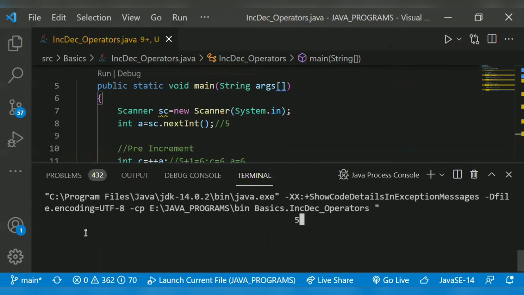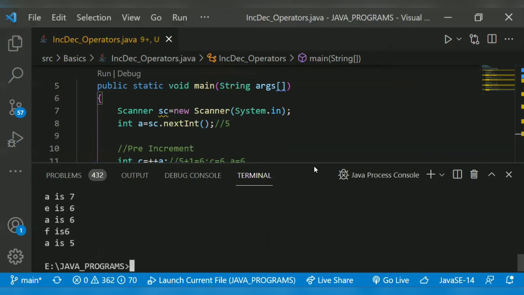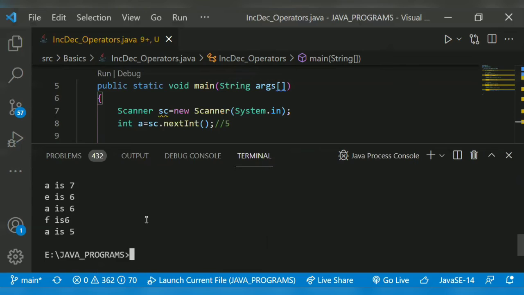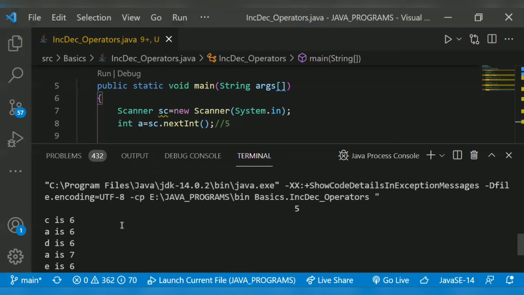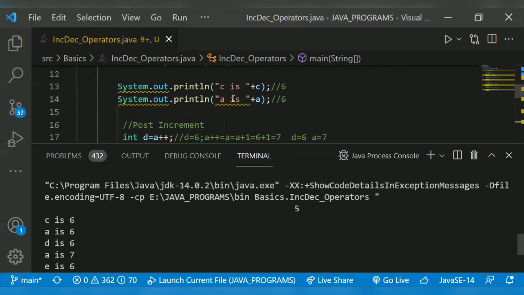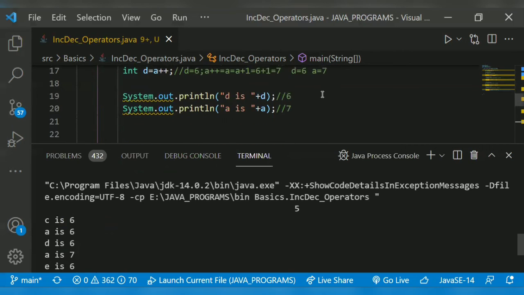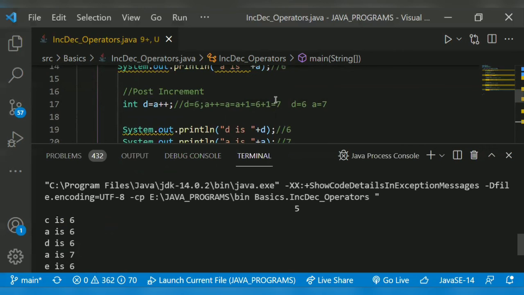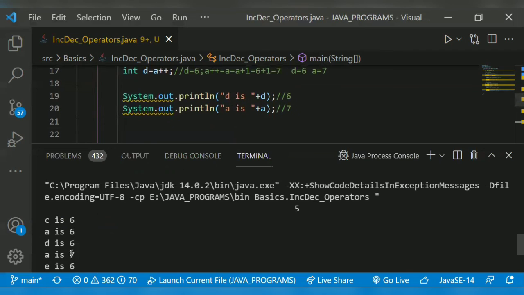I will give input 5. So it will print our output like this. c is 6, so 6 is printed. Here a is also 6. Then post-increment, which is d is 6. a value is 7.